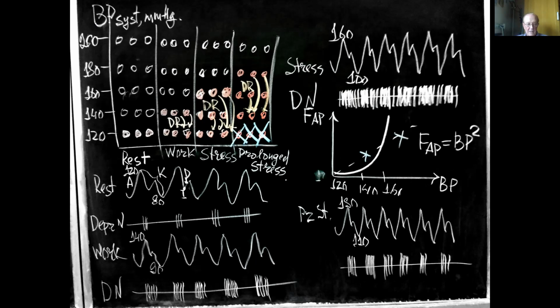And we tell about some situations. First of all, this is the rest. At the sitting position on the chair, the maximum blood pressure in the healthy body will be 120. These 3 points show the excitation of the baroreceptors in the arch of the aorta, for example. And what will be? This is the rest and the picture. This is the change of the blood pressure, 120 and 80 millimeters of mercury.